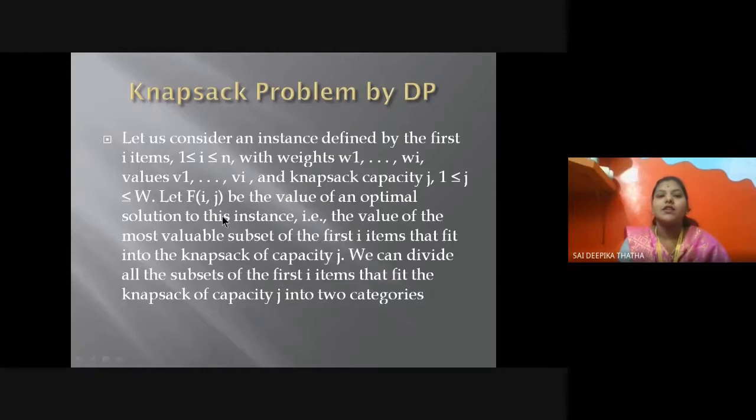And here there is a range for items, 1 less than or equal to i less than or equal to n. This is the range for i items, and these are the weights, and this is the knapsack capacity j. Why we are taking j as the knapsack capacity means the j value should end with the knapsack capacity value which is given in the question, and the i value should end with the number of items.